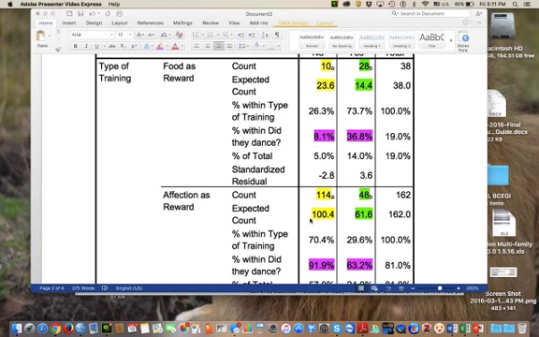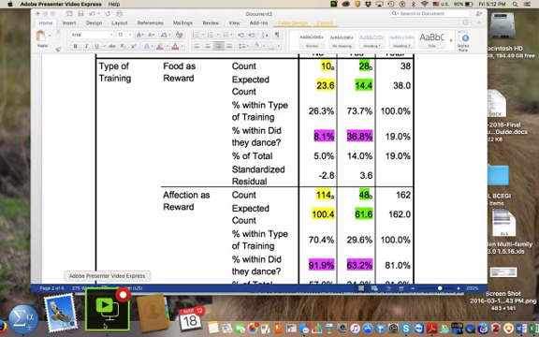As long as the value of the smallest expected count exceeds 5, the assumption has been met. And as we can clearly see here, within the expected count, the number is greater than 5. So we can, because the value exceeds 5, the assumption